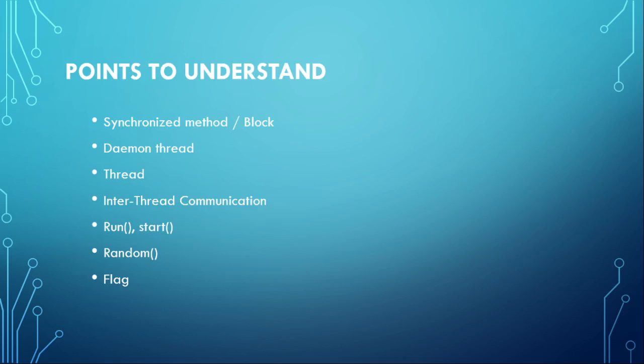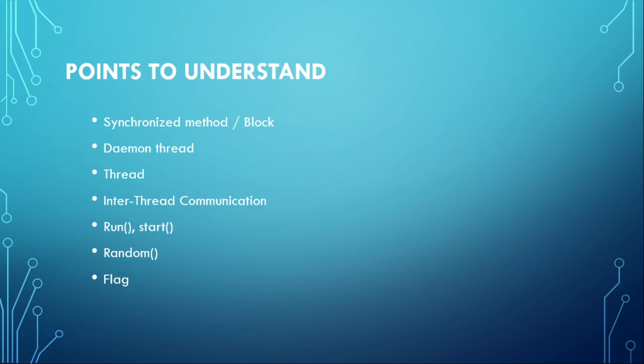Synchronized keyword can be used in a method or within a block, where it is not going to allow multiple threads to access the shared memory at once. Because of this, memory inconsistency and thread collision will be prevented. Then daemon thread is something like a background thread which provides background support for execution of a thread. It is something like garbage collector, as an example.